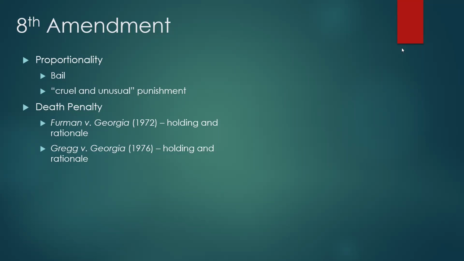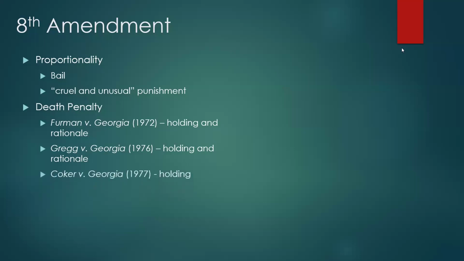And Georgia had started providing the right of an automatic appeal. So that was another reason. So after the Gregg decision there in 76, states resumed the imposition of the death penalty. They just had to change their sentencing procedures and standards.